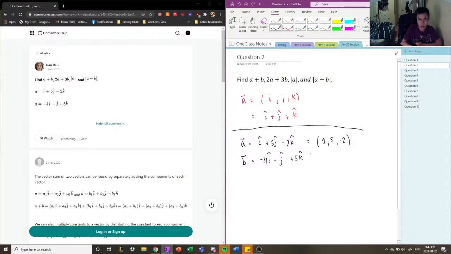Okay, and these units are unspecified unless you want to specify them in a different way. And the coordinate system, they're going to be negative 4, negative 1, and 5. Okay, so another important formula we need to know is how to calculate the magnitude